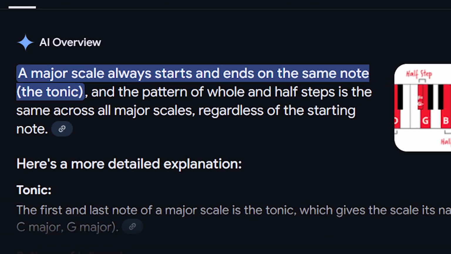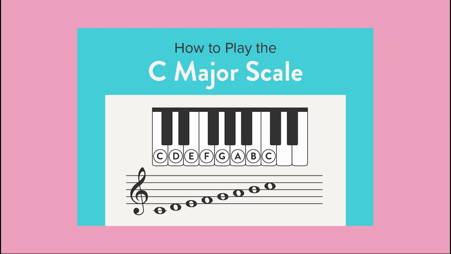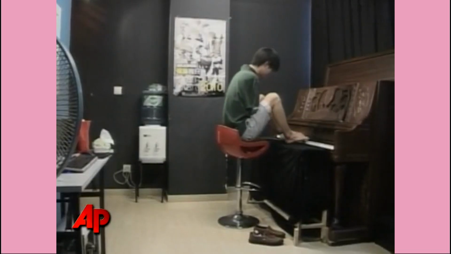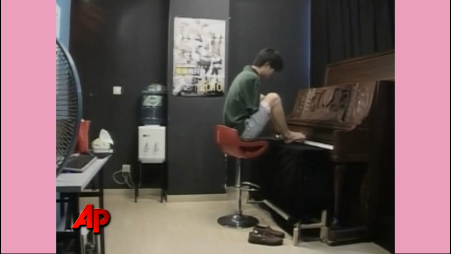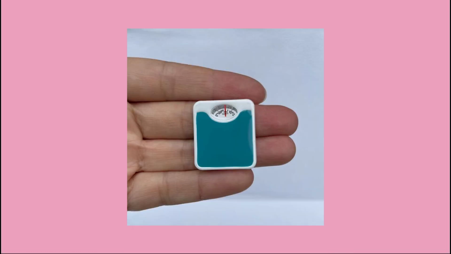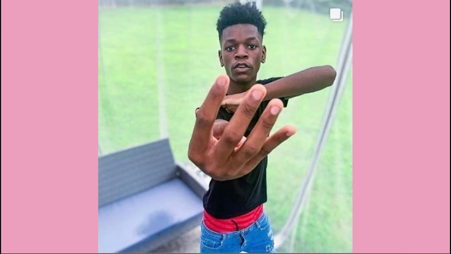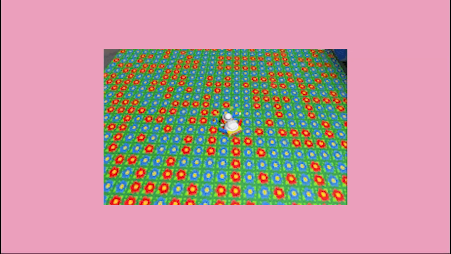Make sure your scale starts and ends on the same note, okay? Now look at our beautiful scale. This is the C major scale. Notice how it sounds happy, but what if we don't want to feel joy? Just lower the 3rd, 6th, and 7th notes by a half step and you'll have a minor scale. Well, a natural minor scale. There's 3, which is 4 more than anyone needs. Just play these in any way and you'll be goody gumdrops.